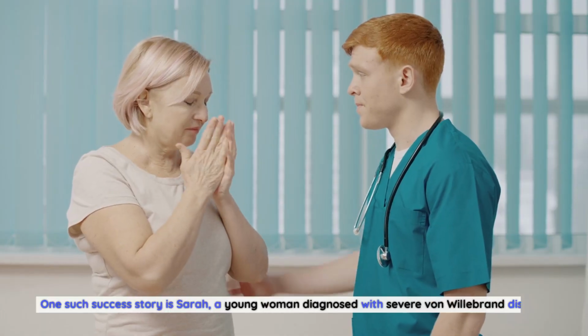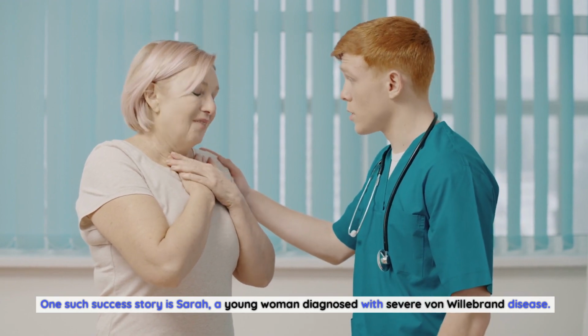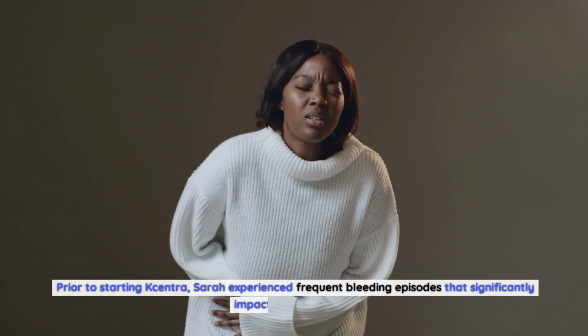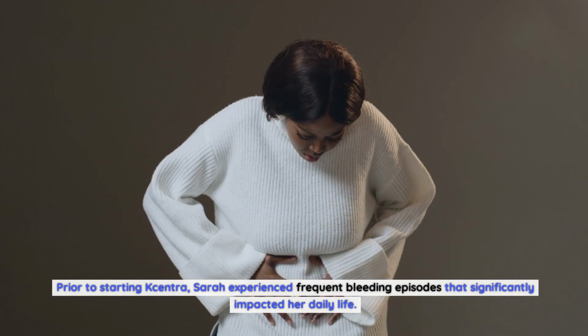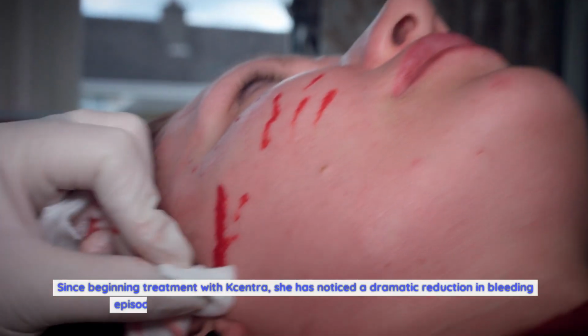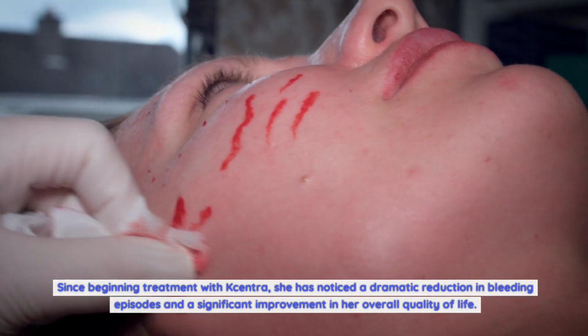One such success story is Sarah, a young woman diagnosed with severe von Willebrand disease. Prior to starting Kcentra, Sarah experienced frequent bleeding episodes that significantly impacted her daily life. Since beginning treatment with Kcentra, she has noticed a dramatic reduction in bleeding episodes and a significant improvement in her